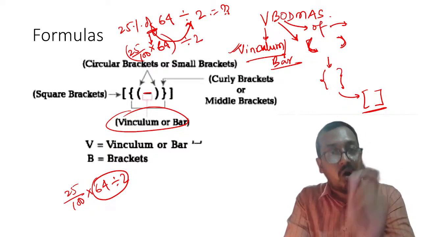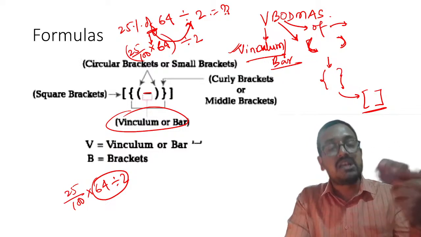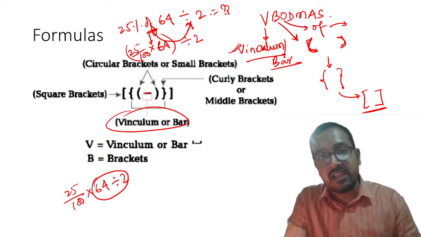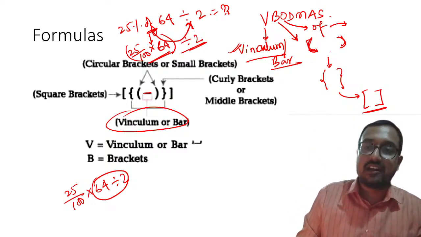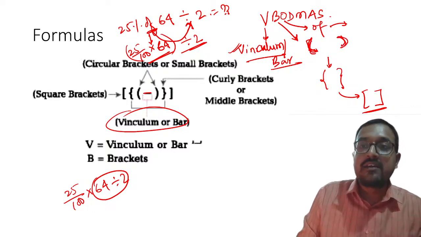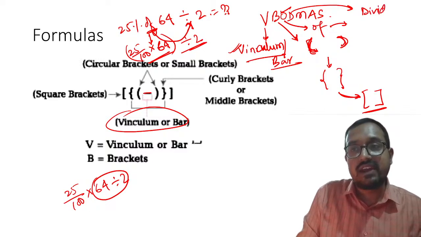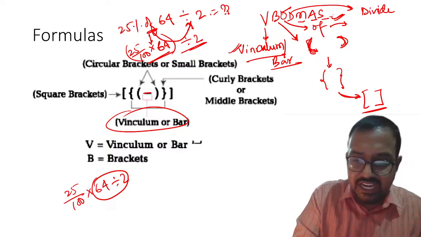Always first solve of. How to solve of? Of is nothing but multiplication, multiply, and percentage was there, so that is why I divided by 100. Understood? So please remember, this question will go like that. So first small bracket, then curly bracket, then large bracket, then of, and then divide. I hope everyone understands this. Then multiply, addition, subtraction. All these are basics, right?